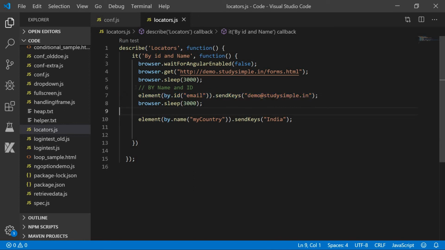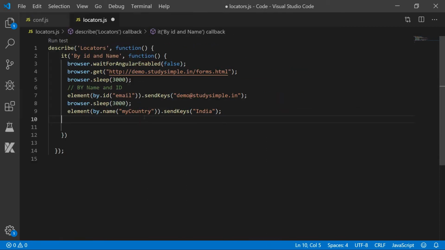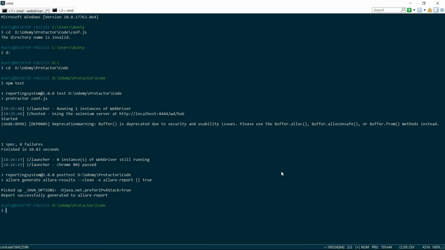So write that by name and ID. Fine. Give a small browser.sleep so that we can see what it is actually doing. Just copy this line, paste it here, and give it a run.